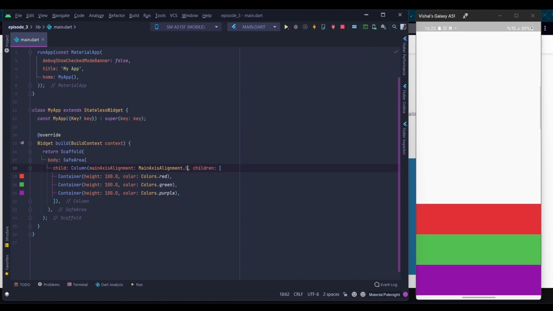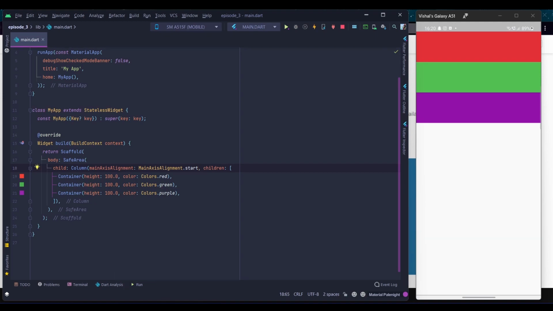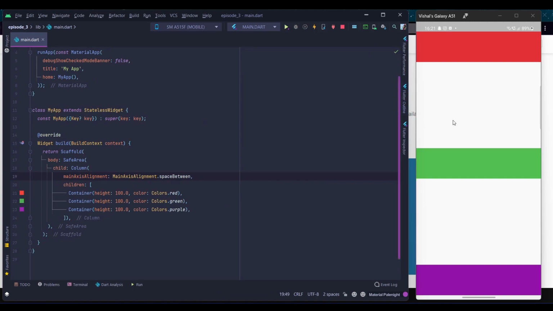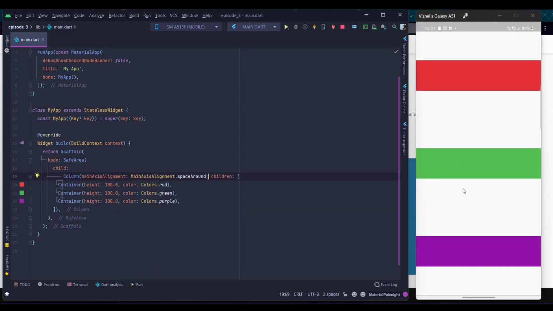We have start. This will align the containers towards the top of the column. Then we have space evenly, which will separate the containers evenly in the column. And lastly we have space around. So we have even spaces around the containers.